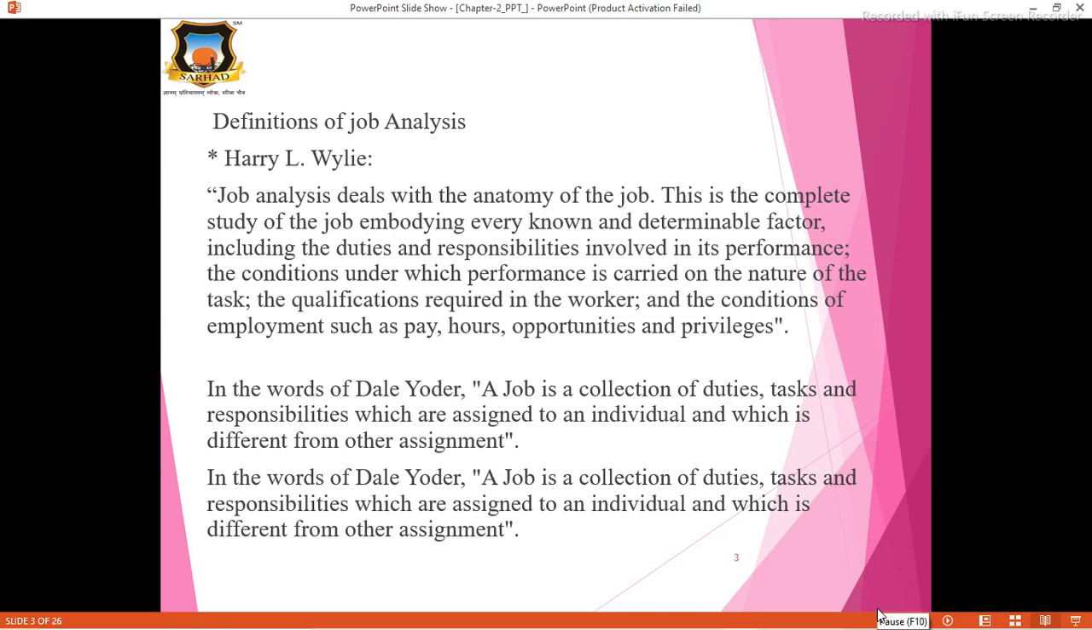This is the second chapter of human resource management, that is job analysis and planning for human resources. Let us see the definition of job analysis. Job analysis deals with the anatomy of the job. This is the complete study of the job,